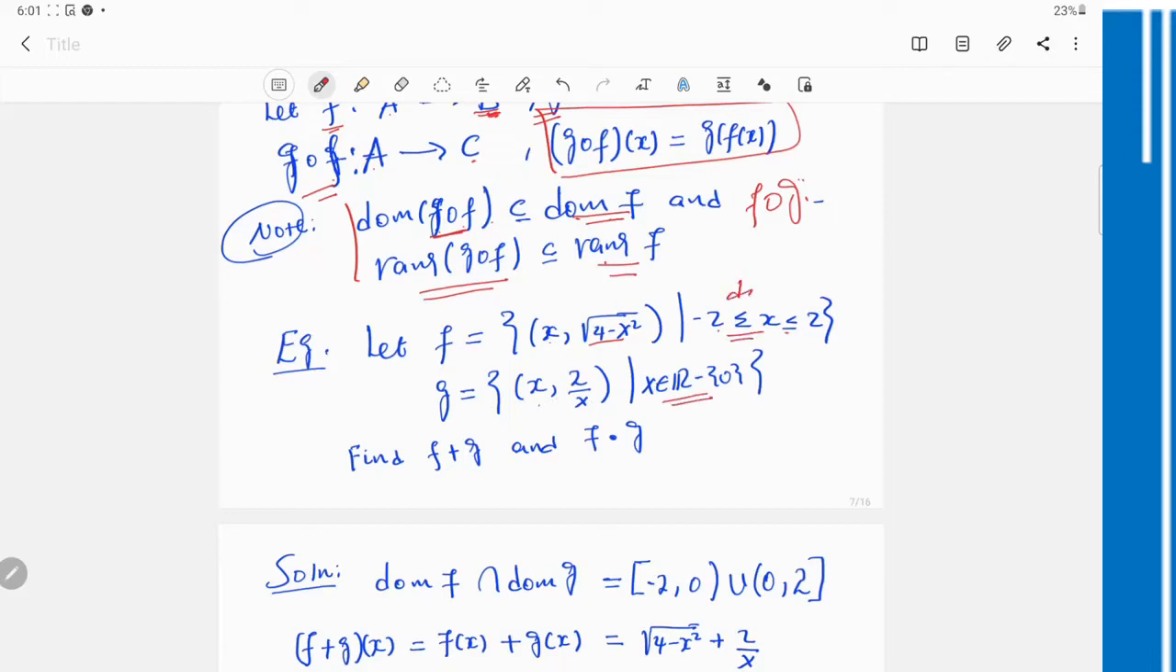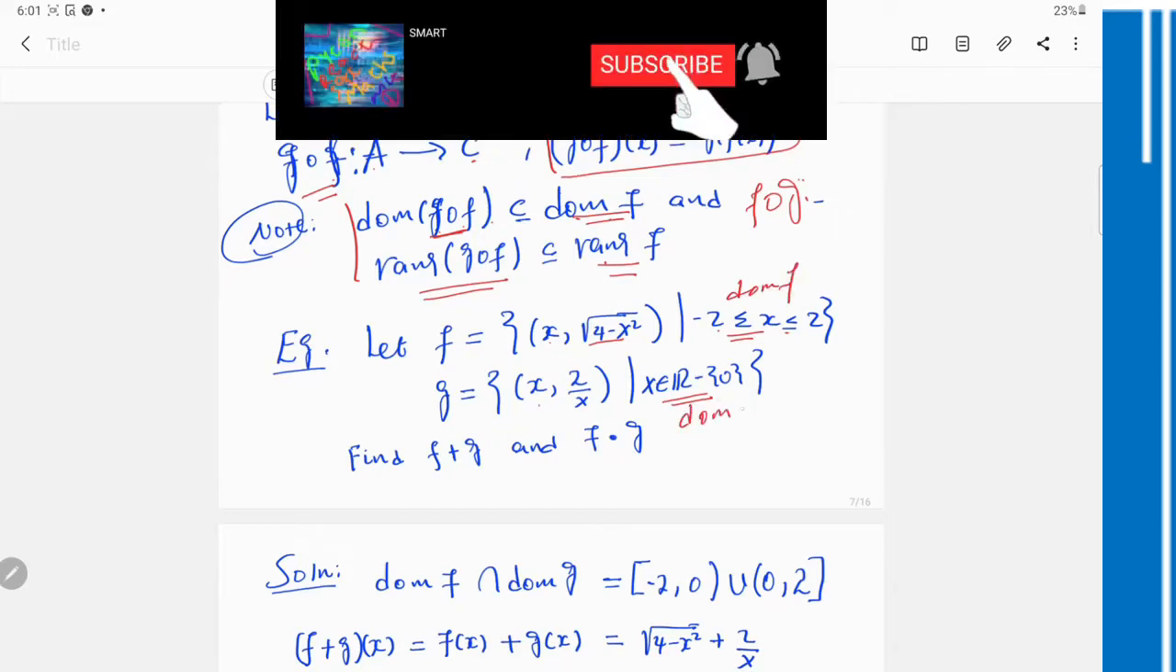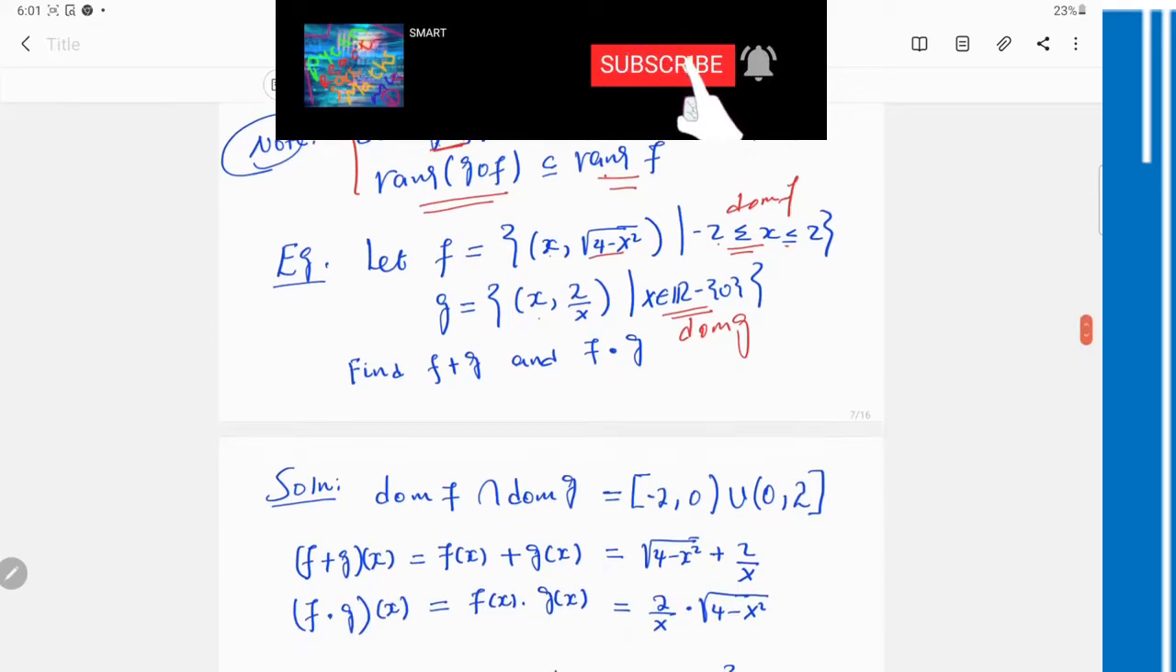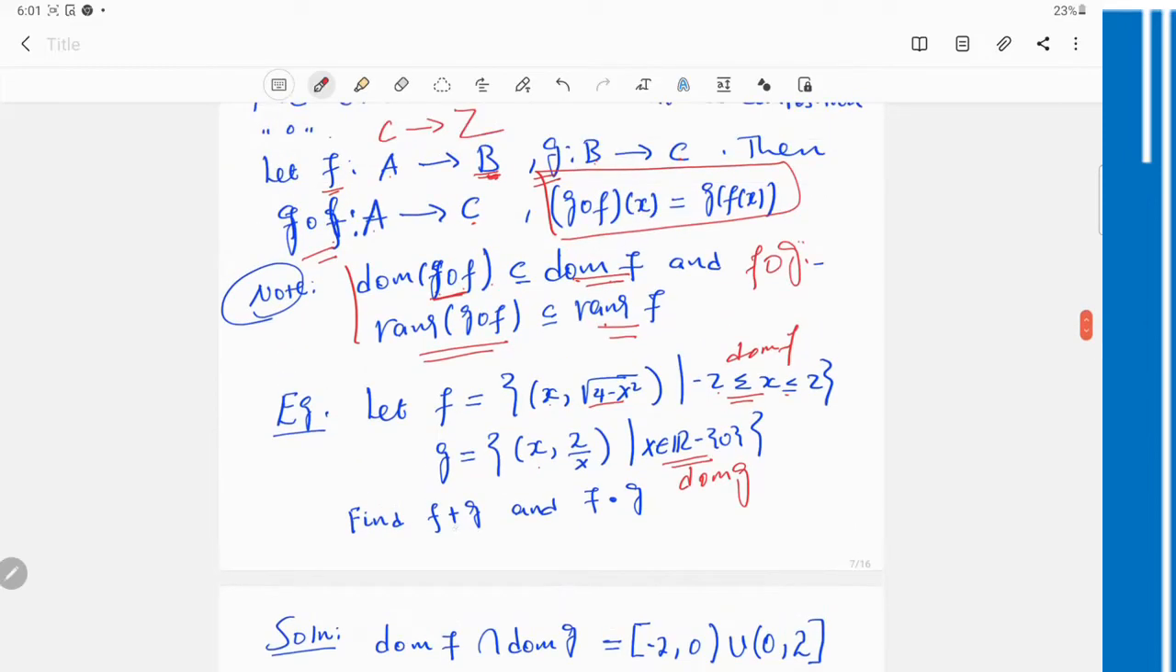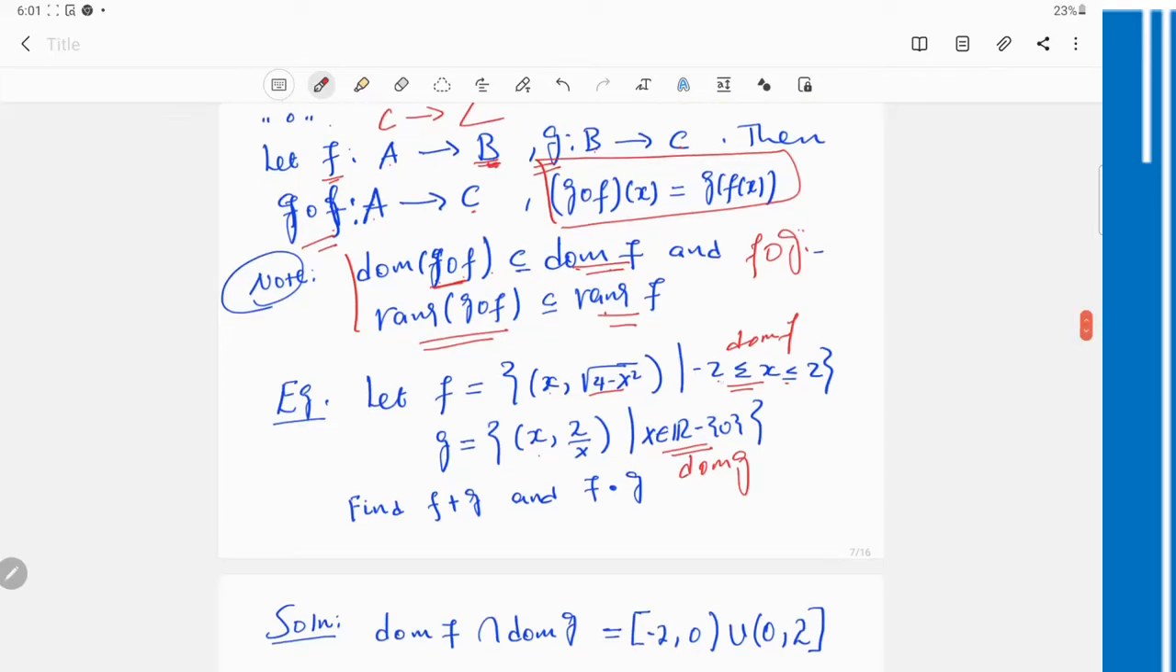This is the domain of F, and this is the domain of G. So what is F plus G and F times G? Before you find F plus G and F times G, you need to find the domain. So what's the domain? As you see here, the domain is minus 2 to this one, which is